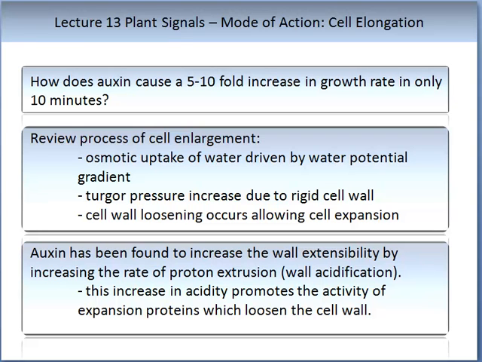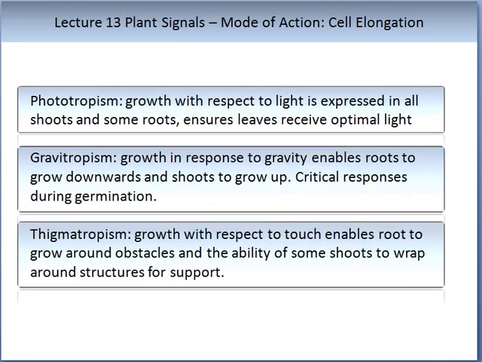Auxin has been found to increase wall extensibility by increasing the rate of proton extrusion, or wall acidification. This increase in acidity promotes the activity of expansin proteins, which then loosen the cell wall. Auxin is involved in the actions of